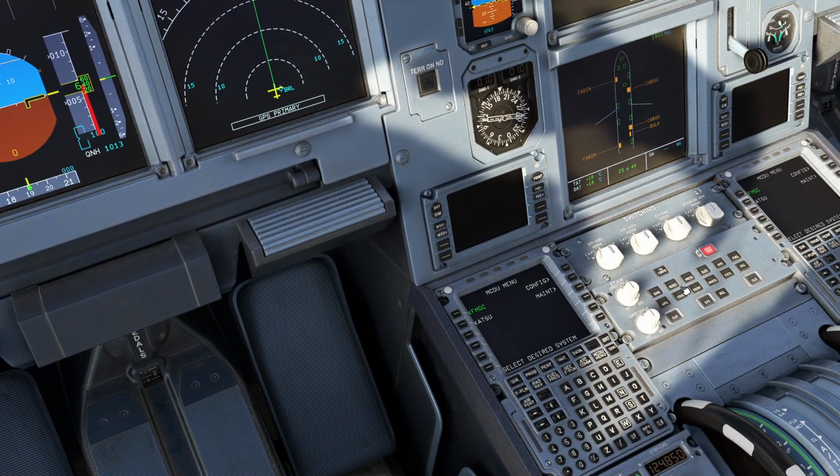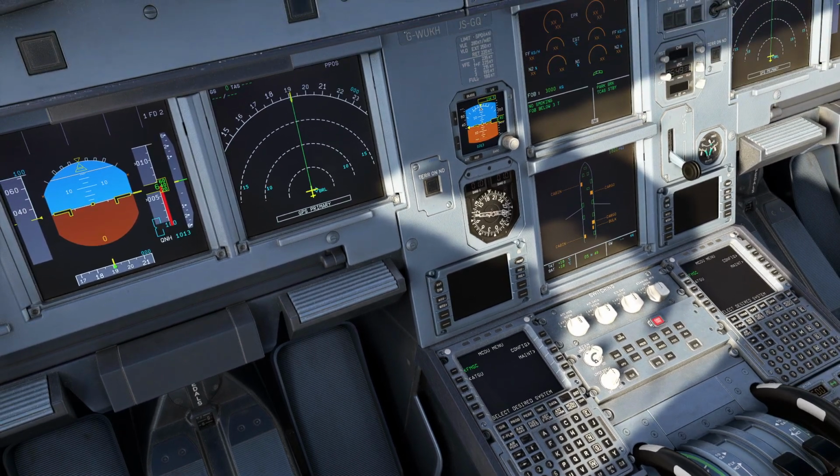The ECAM control panel, which is this panel on the top of the pedestal, includes the engine warning display control, which has a control, a status, and the brightness control knob. The brightness control knob